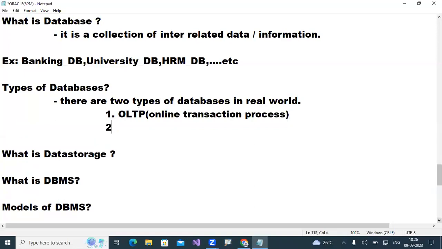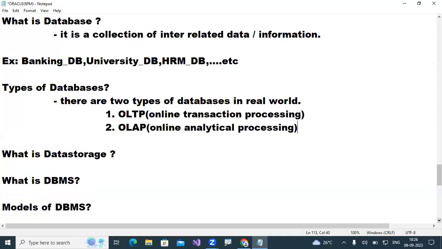And the second one is called OLAP, which stands for online analytical process, or processing. These are the two types of databases in the world. One is OLTP and one is OLAP.